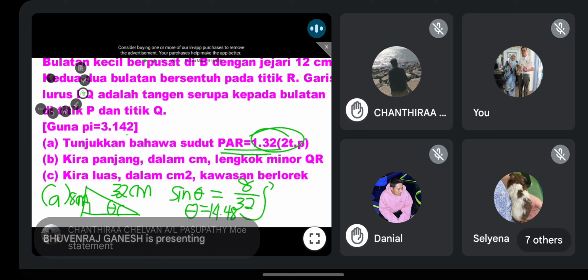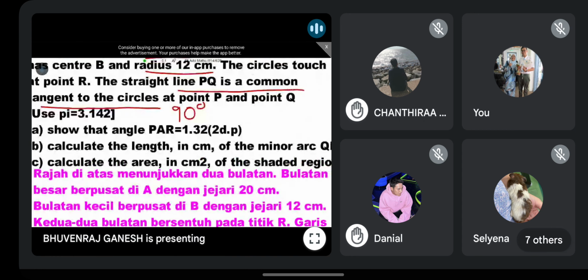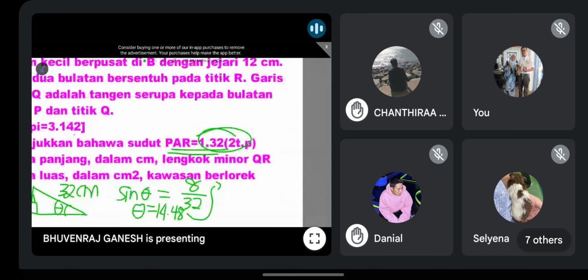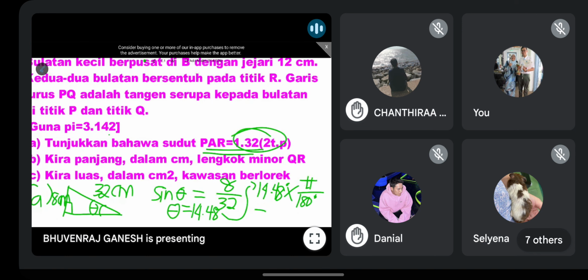Statement. This one. Show that PAL is 1.2 radian. Sorry. I say radian already. Saya bagi tahu jawapan tadi. Okay, correct. You must change to radian lah basically. Kamu kena tukar ke radian. Okay. Because you never get the answer means that jawapan dia dalam unit radian. So if you press calculator, make sure guna pi sama dengan 3.142, you can get the answer. Okay, kamu akan dapat